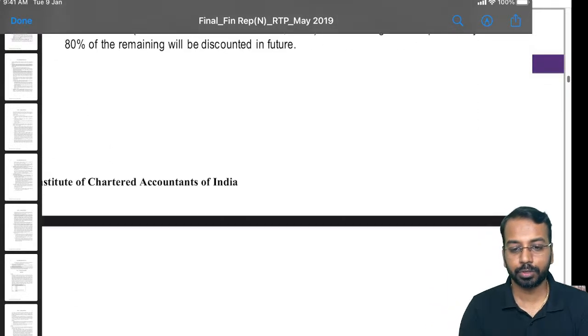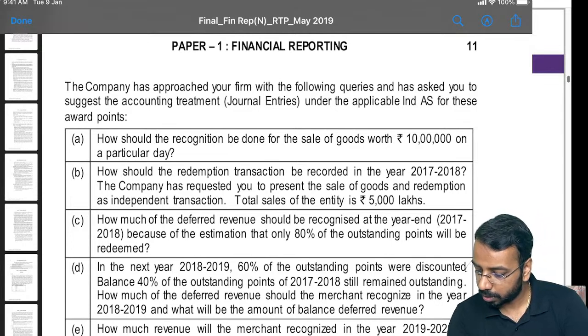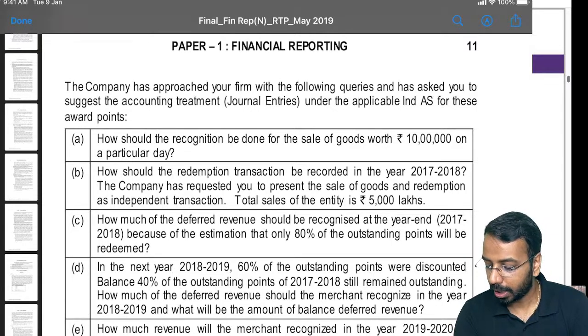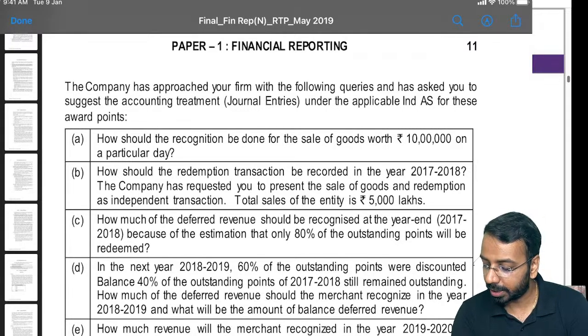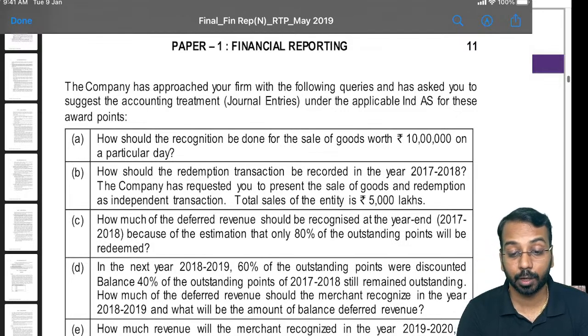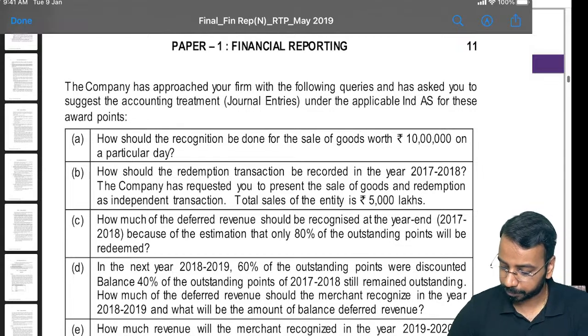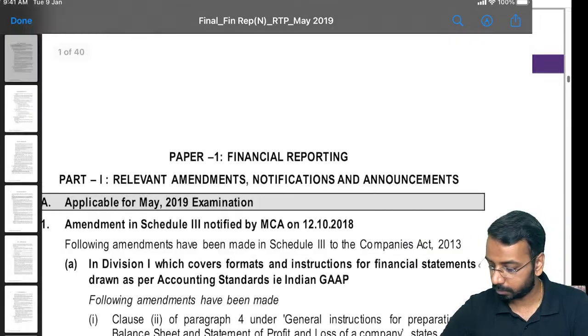The company has approached your firm with the following queries and asked you to pass journal entries under applicable Ind AS for the award points. How should the recognition be done for the sale of goods worth 10 lakhs on a particular day? How should the redemption transaction be recorded in the year 17-18? The company has requested you to present the sale of goods and redemption as independent transactions. Total sales of the entity is 5,000 lakhs. How much of deferred revenue should be recognized? Then, in the year 18-19, 60% of, sorry,